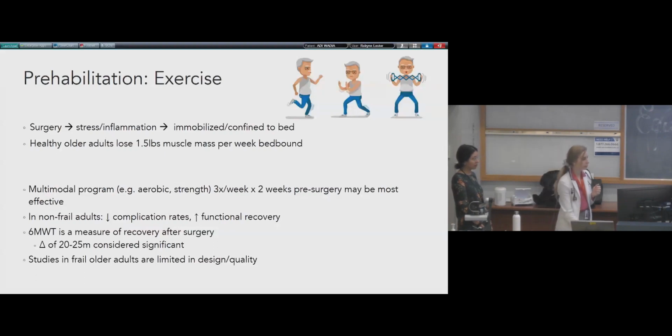And I'll talk about this a little bit, but they often use a 6-minute walk test as a measure of recovery after surgery to figure out if this has been significant, which correlates with a change of 20 to 25 meters. And I'll talk about that in our older population and if that's relevant. Now,